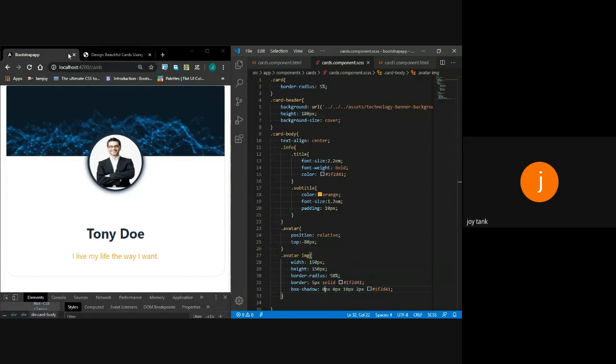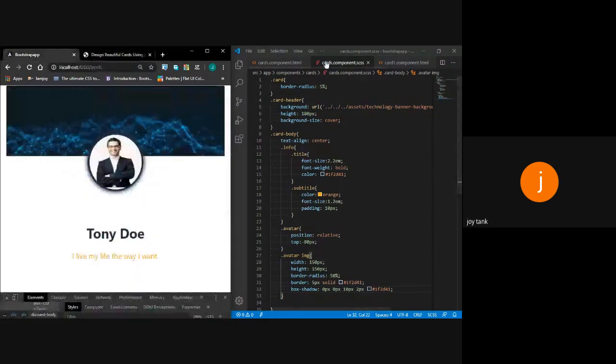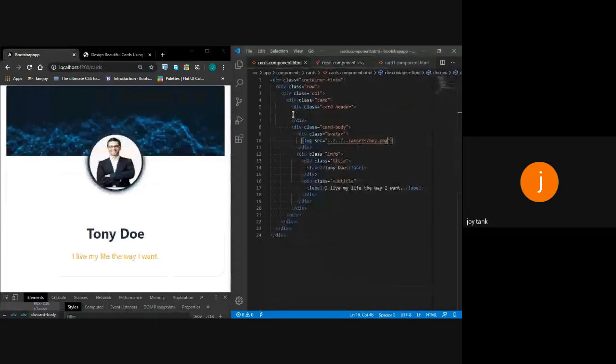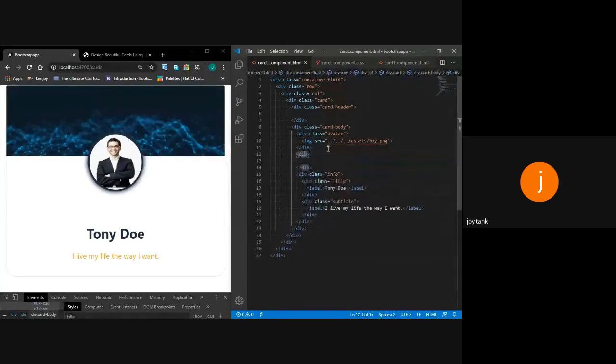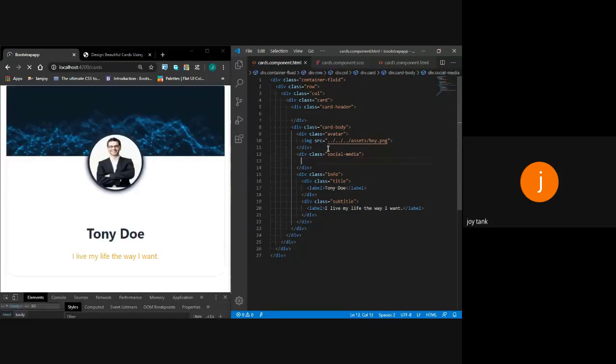Now you can see we have covered all those things. Remaining are the buttons. So I will create buttons above my info and below my image. I will create a div container, and within this container I will use a social media class. It's not predefined, I am creating a class. I want you to create a button for me, so I use the button class for it.